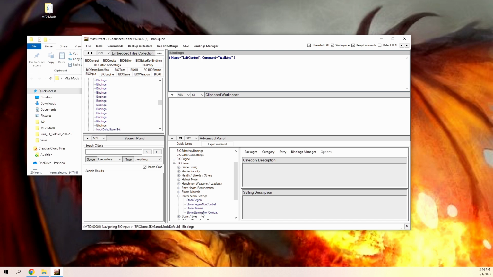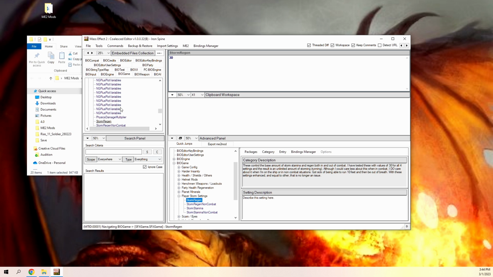Now, if you click on any one of these drop down bars and you get to the blue description and you click on it, it will take you over here to that directory and bring up the value of that directory. And in this case, for Storm Regen, these 4 Storm Stamina, Storm Regen values are generally around